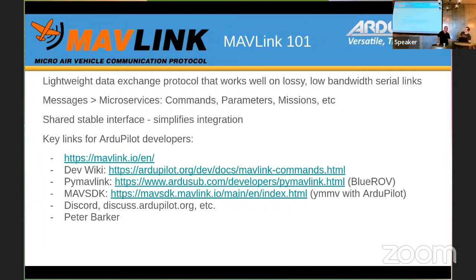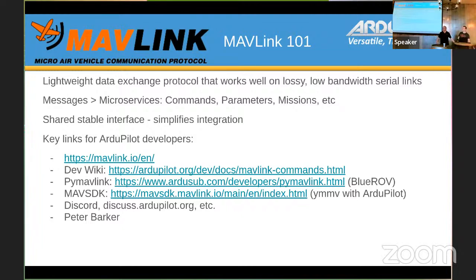Can I just stop for a second? The reason I put this up is because I have a slightly different story in my head of how this is going to be. You'll notice there are links to the wiki about what's supported and what's not supported. Later on, I'm going to talk about some of the pain points of Mavlink, and that's one of them, not knowing what's supported all the time. So that's where you find out within ArduPilot what works and what doesn't. Yeah, exactly.